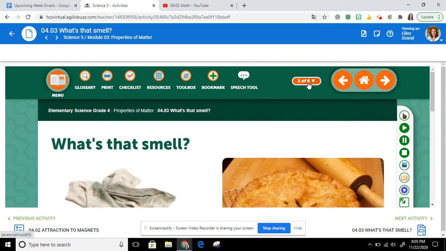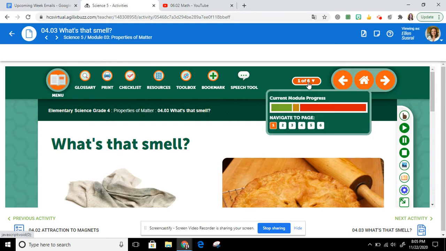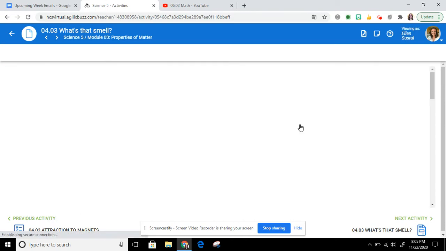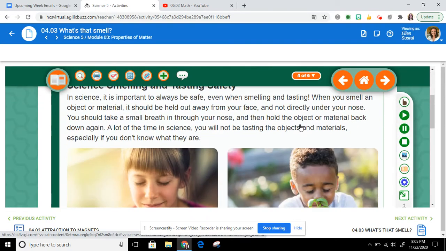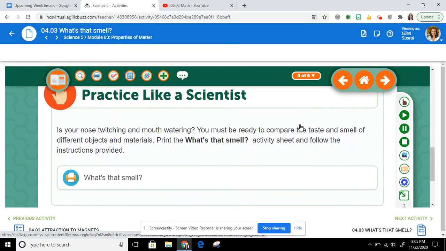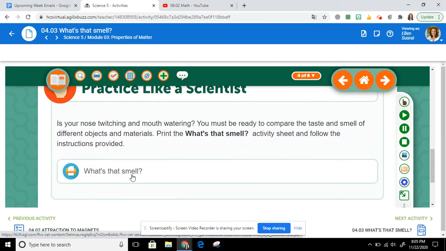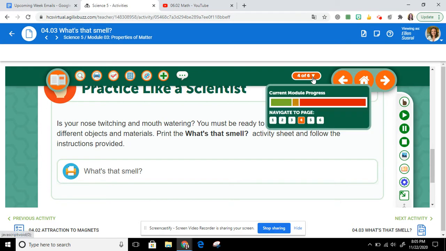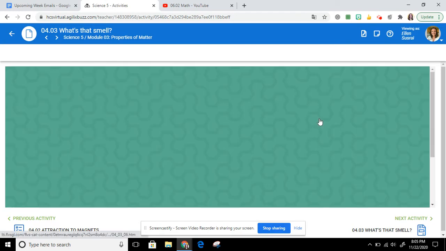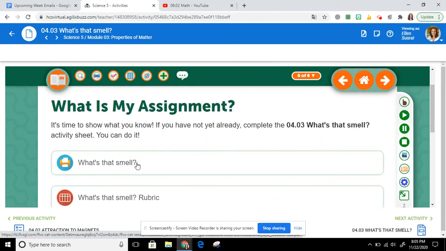And actually, I know your assignment can be found on the last page, but I also think you can find it, yes, on page 4, What's That Smell? You can click on it here, or you can find it on the last page, page 6, right here. And this is a lab activity, boys and girls, where you're going to be smelling and tasting different